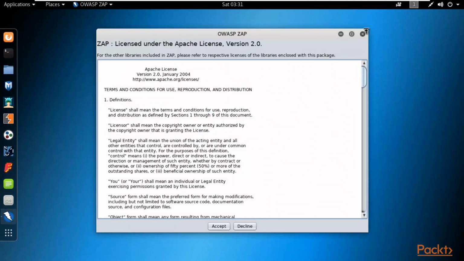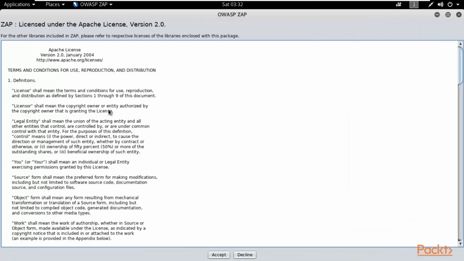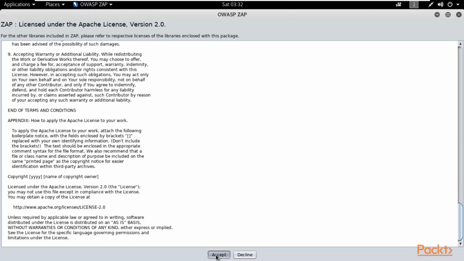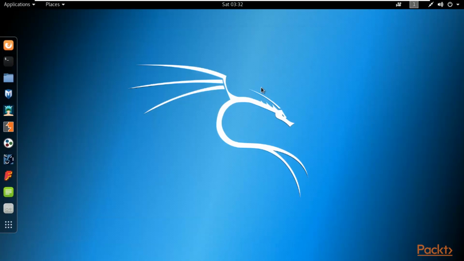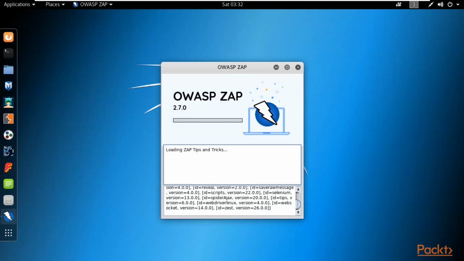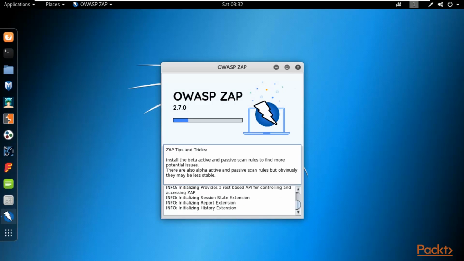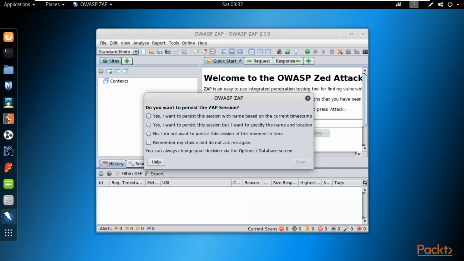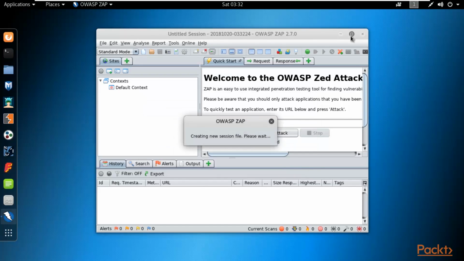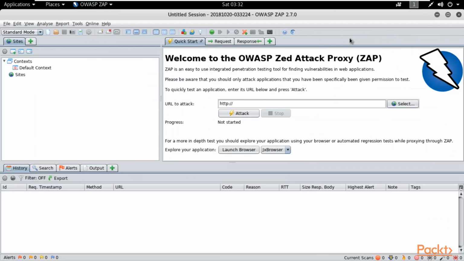So you can see here that this is OWASP ZAP. First of all you need to read these conditions, and after that you can select accept. Now it will open up inside Kali Linux operating system. The full form of ZAP is Zed Attack Proxy. It is provided by OWASP. So here it is. You can select the first one and click start, and here it is. This is the OWASP ZAP graphical user interface, and if you read here,